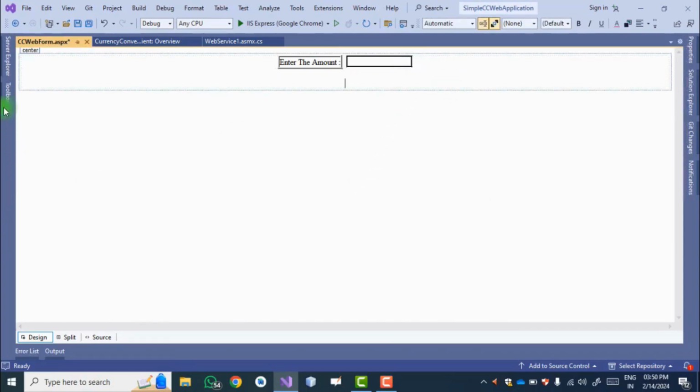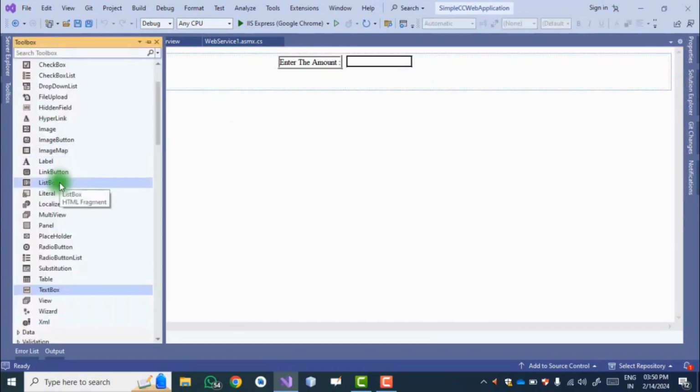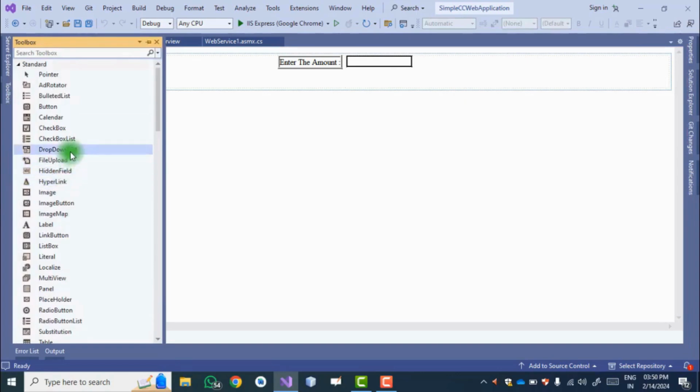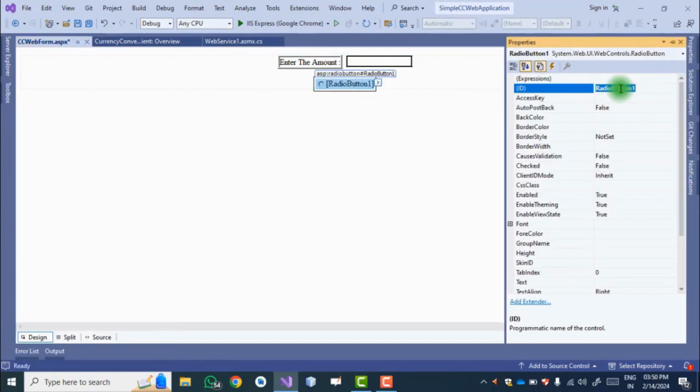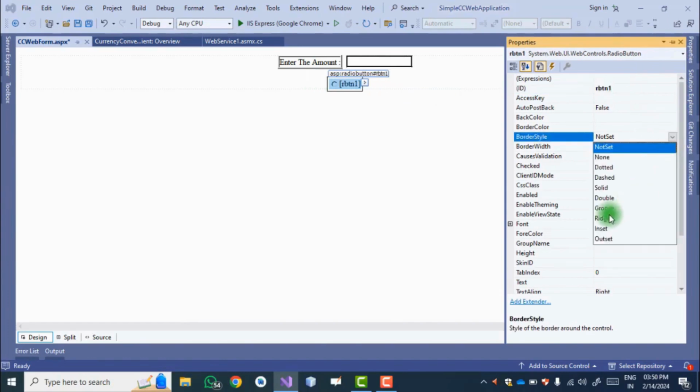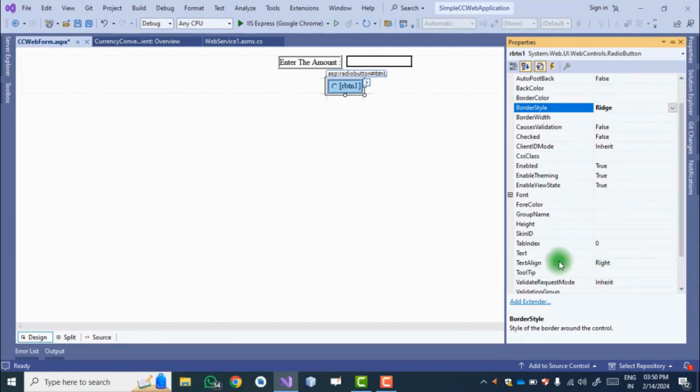Now next we give the options to the client so that it will select one of the options. To provide the options we use a radio button. Then again go to the properties. This is my RBTN1. Then again border style rich and then text.